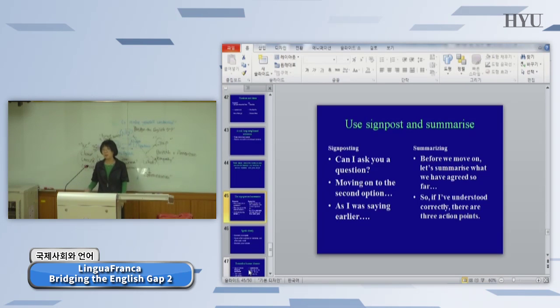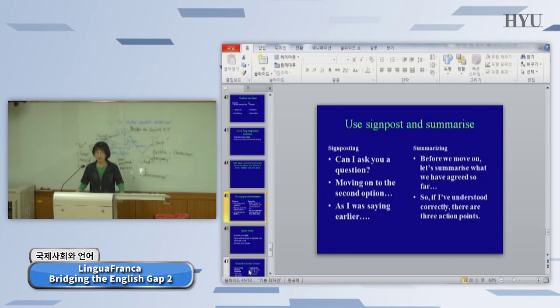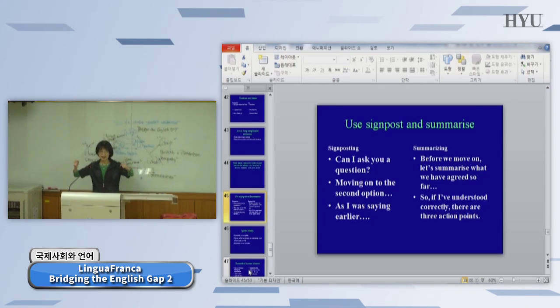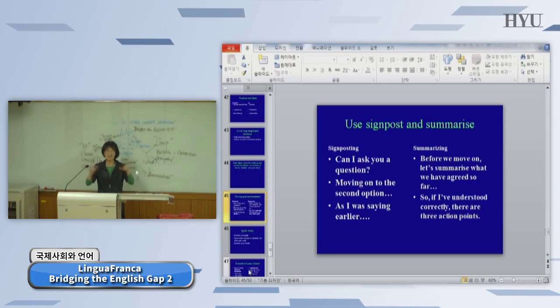This is a very important communication tip when you are giving a presentation. So we often use a signpost. A signpost is like a sign that shows the direction. So if you drive a car, this is either turn right, turn left, your destination is 10 kilometers away. This is the signpost. The same is true when you are giving a presentation. We always should know where we are, where we have been, and where we are going. So this is the signpost.